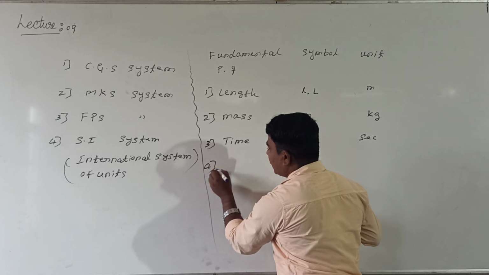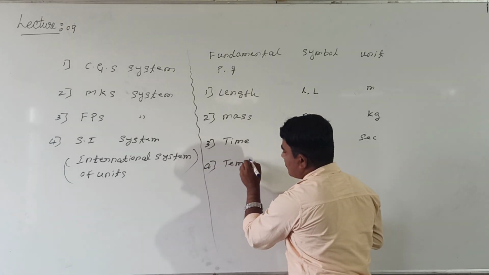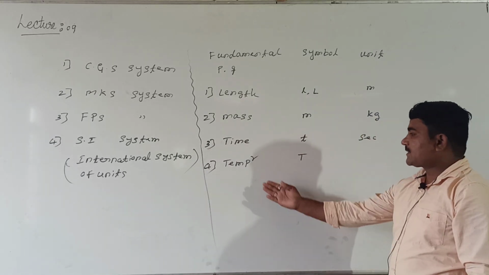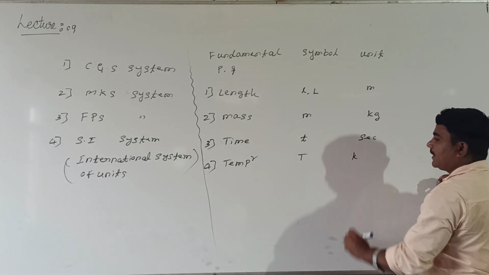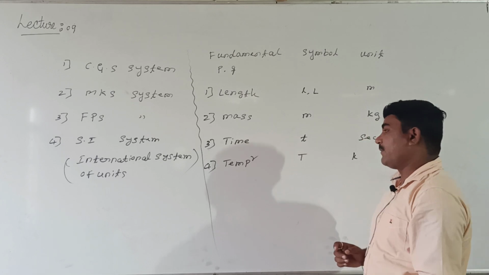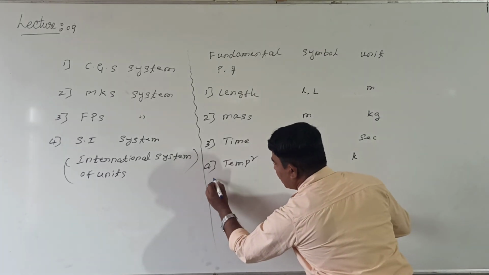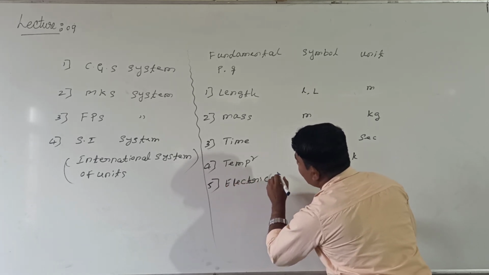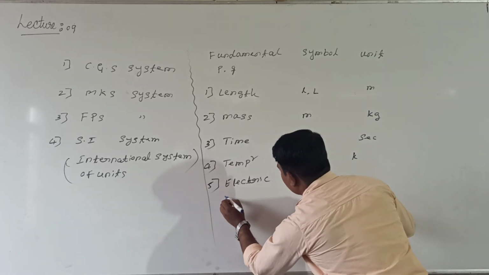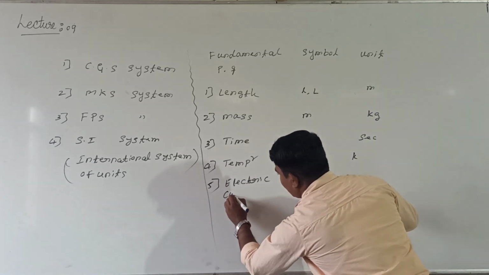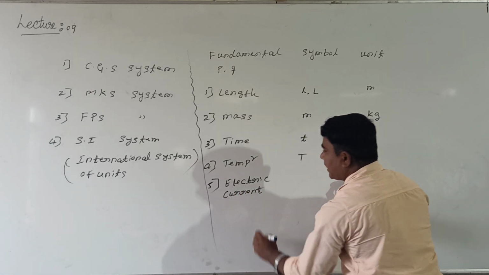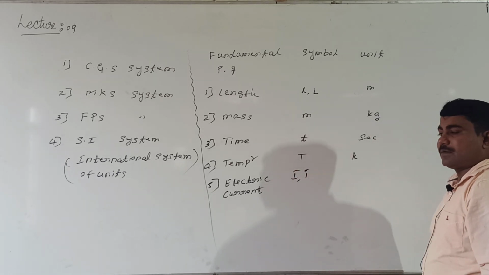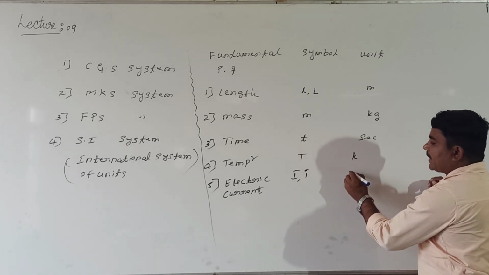Fourth one, temperature. Its symbol is capital T, and SI unit of temperature, that is nothing but Kelvin, that we are calling Kelvin. Fifth one, electric current. Its symbol is nothing but I, or you can represent by small i, right? SI unit of electric current, that is ampere,